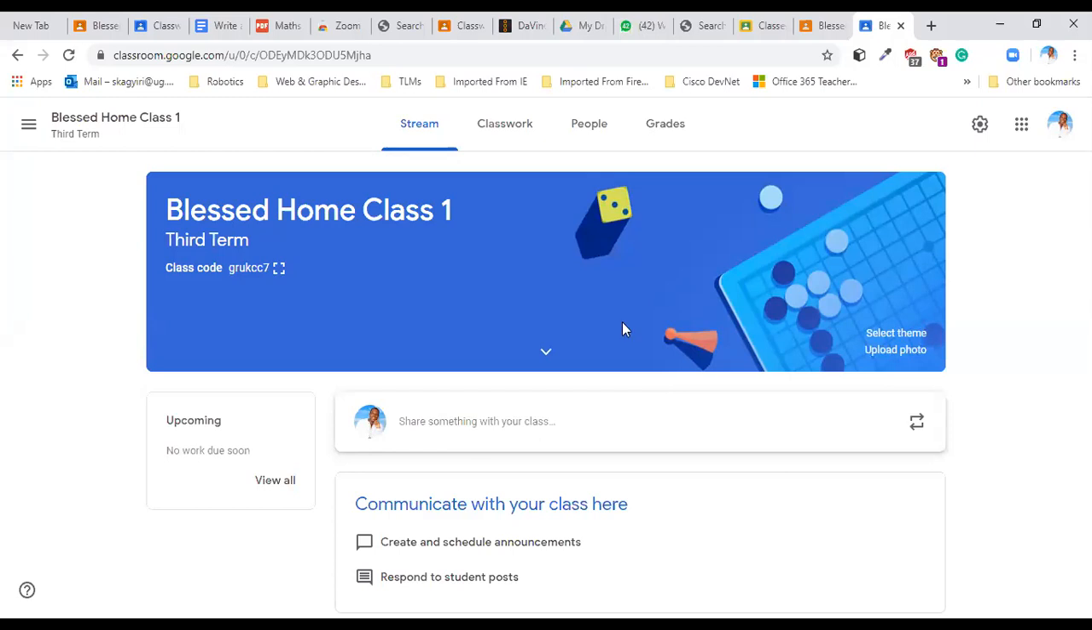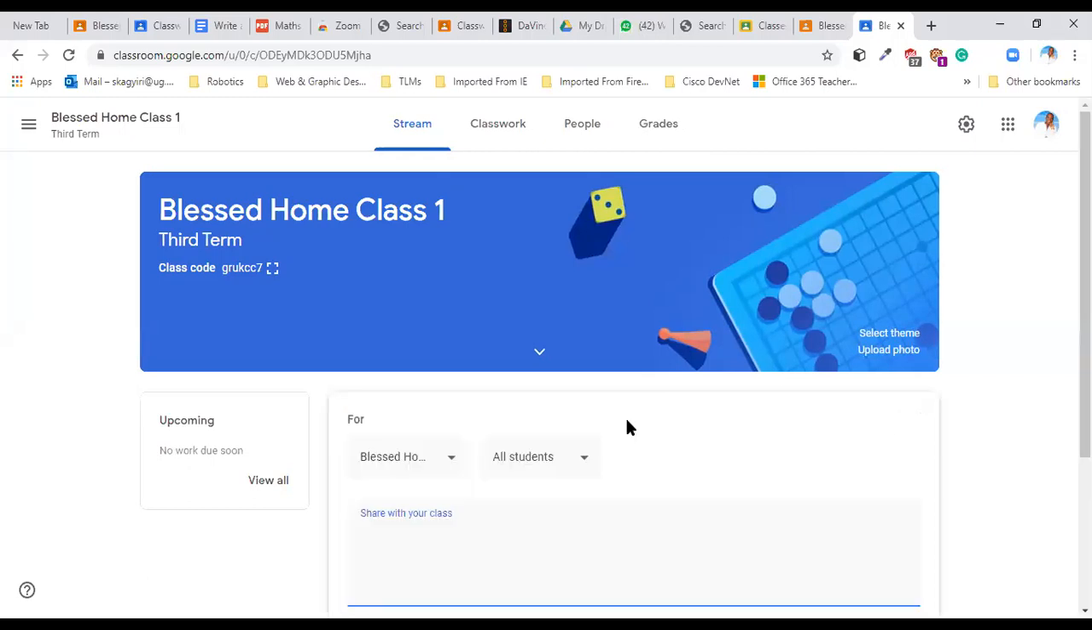Okay, good. So you are in your new class, and there's nothing here. You want to say something to your students as they come in. So here you see on top, share something with your class. You see this button, share something with your class. When you click on it, you can type something like,